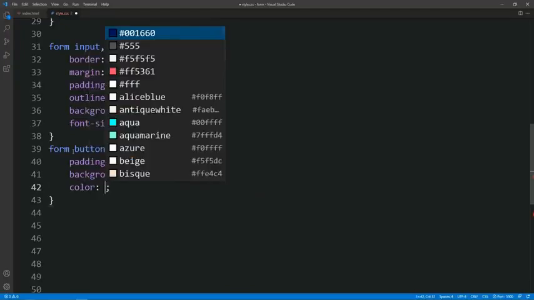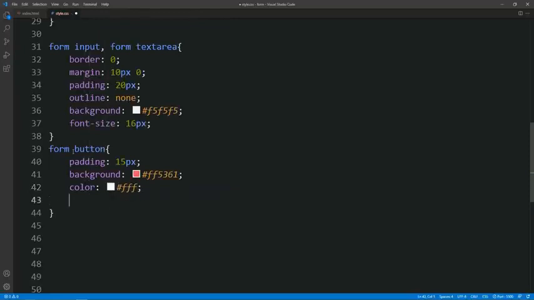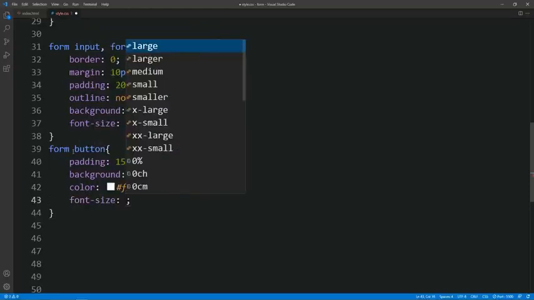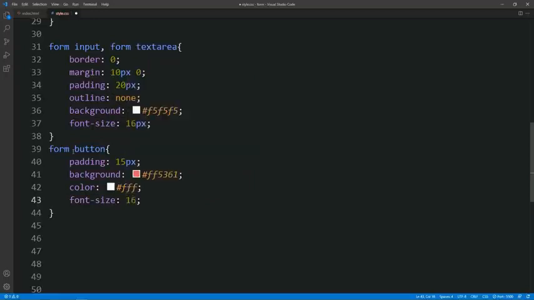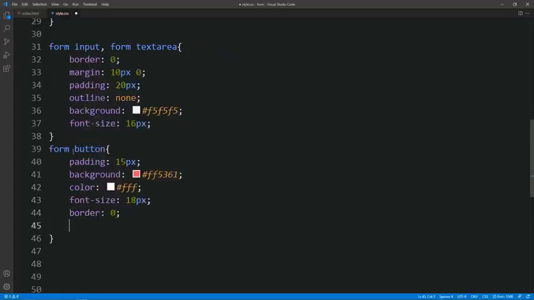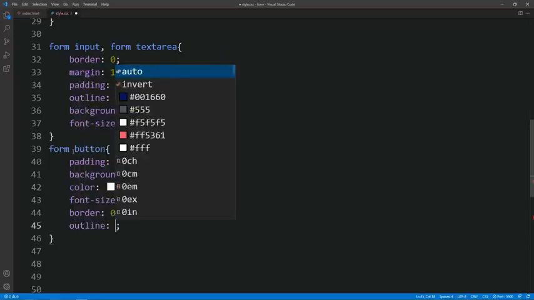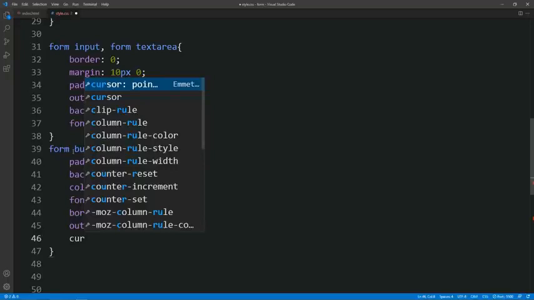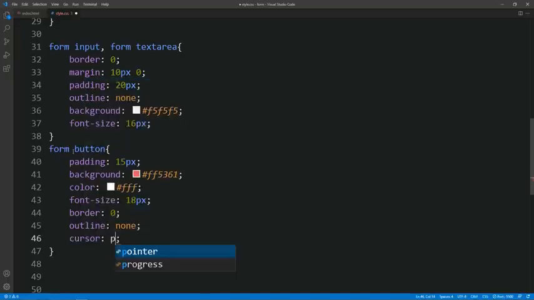So the color will be white, and font size it will be 18 pixel, and border will be 0, outline none, cursor pointer,